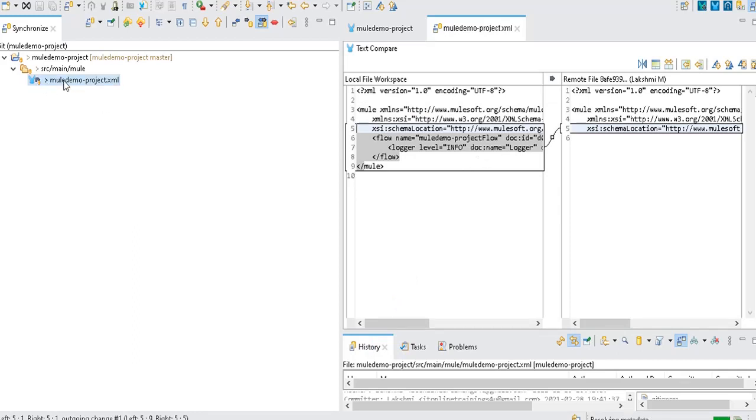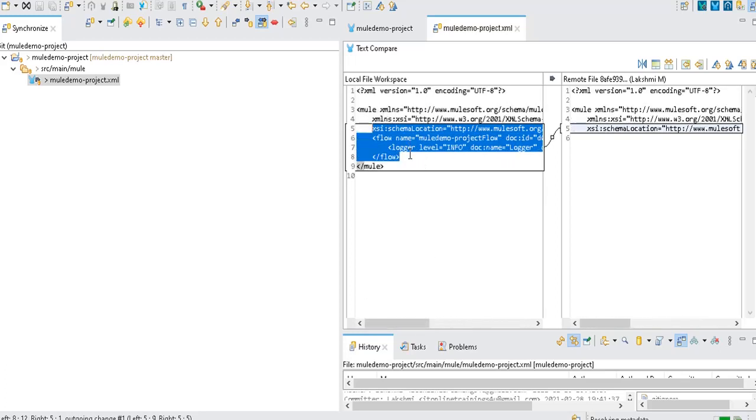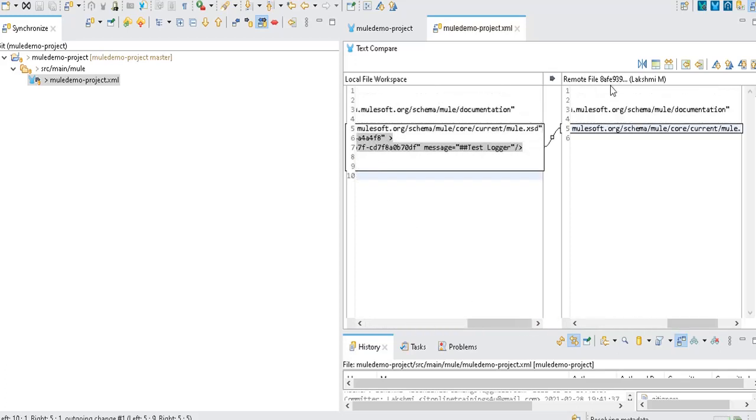Once you select the file you would like to compare, it shows two files: the local workspace file and the remote file. In your local file you have these changes. You have edited these lines, which are highlighted, but these changes are not there in your remote file.